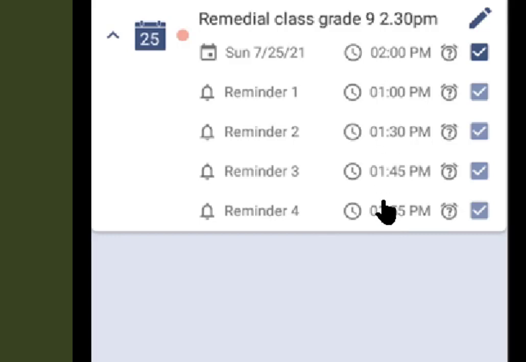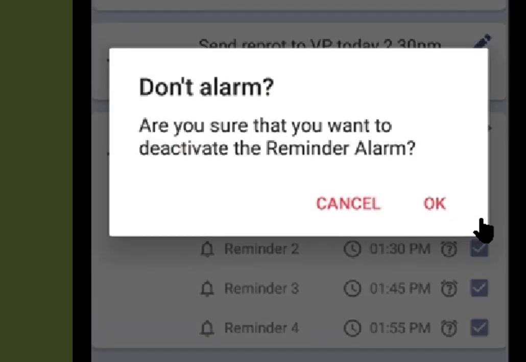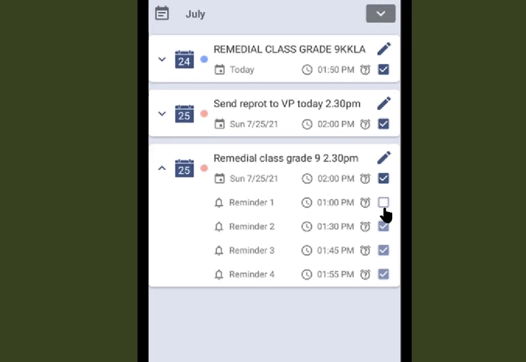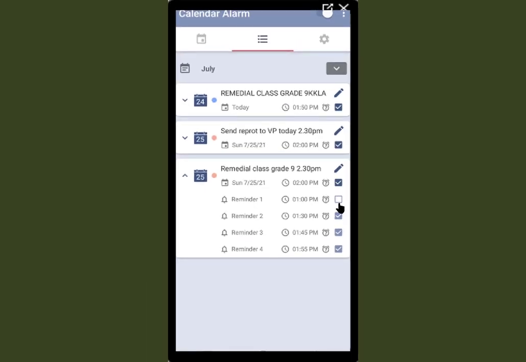If you want to turn off any reminder, by clicking this button you can turn off any of these four. If I click the 1 o'clock reminder, it will ask, are you sure? Then I will click OK. That reminder will be off, and only three reminders will come. Okay, like that we can set this one.